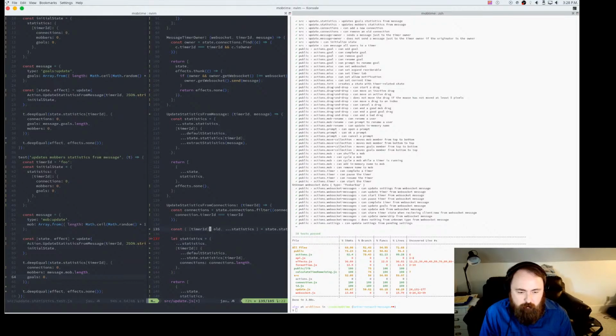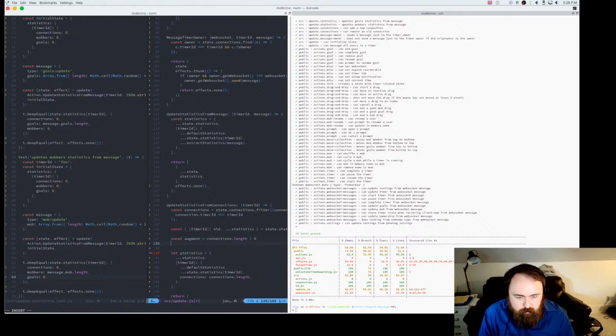Okay, so now we have statistics here. We can't have it here either. But what we can do is augment, which would be connections length.